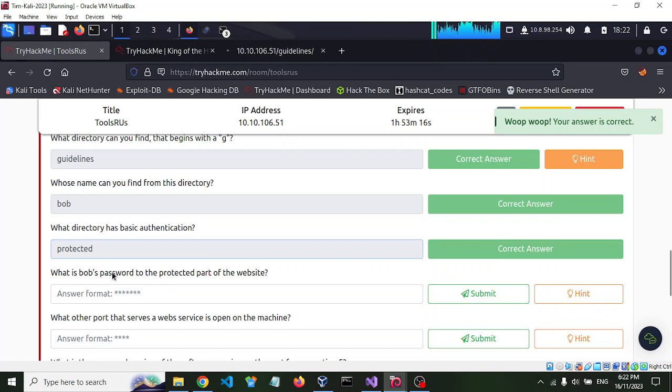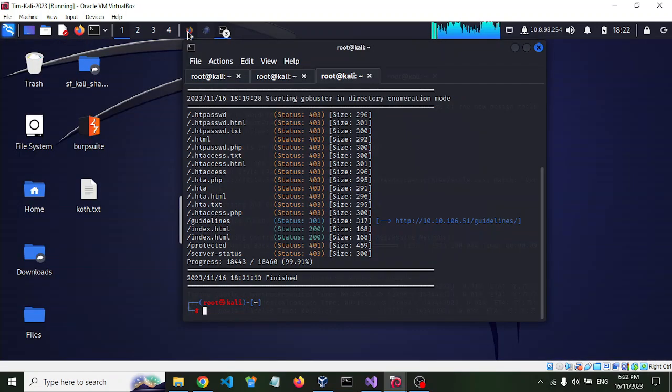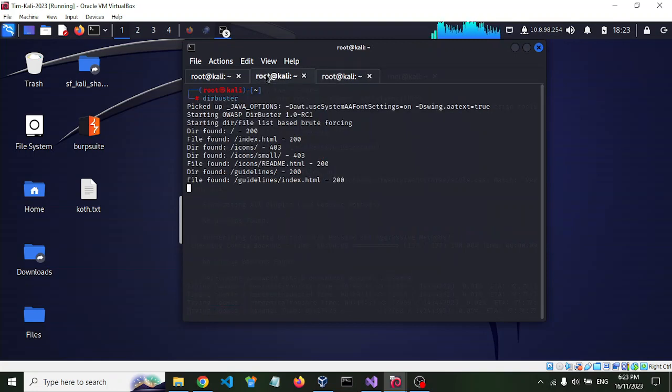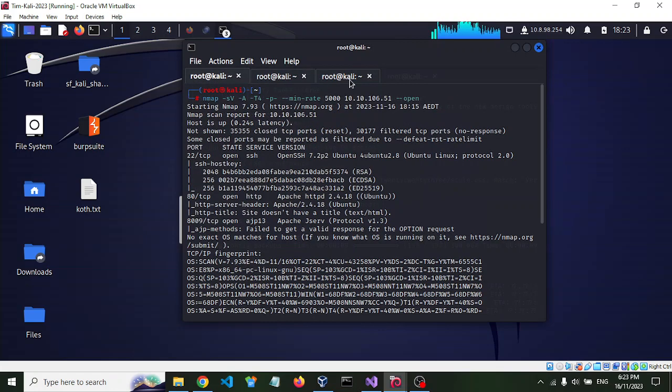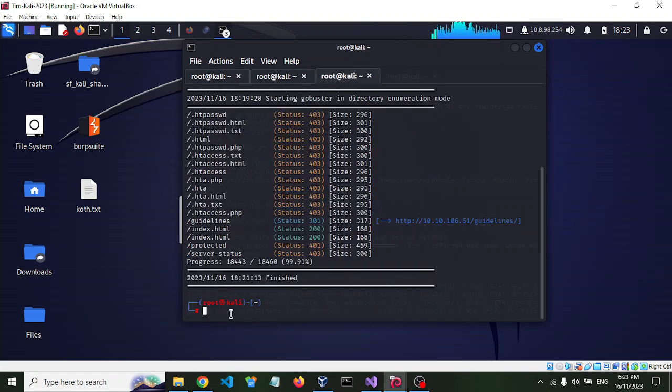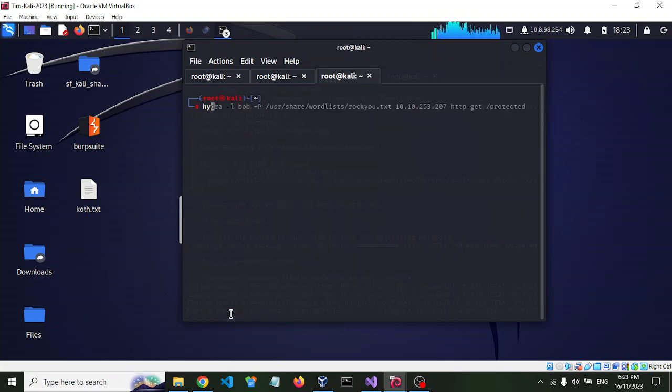Okay, so what is Bob's password to the protected part of the website? Here we're going to use Hydra, which helps you find passwords. That's finished now, so we don't need that anymore. So we can clear that and run Hydra, and we'll do hydra -l bob, which is the username, dash capital P and our word list rockyou.txt. It's in that location. Just need to change our IP to the one we're using now,